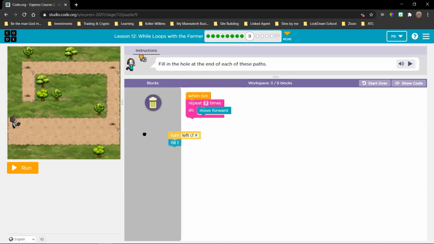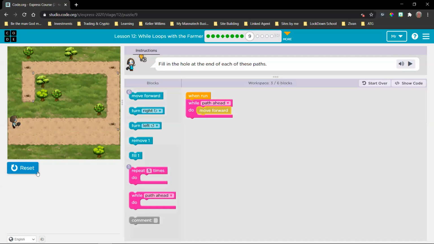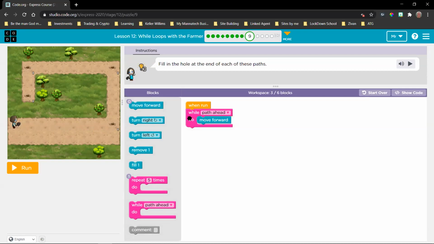All right. So the better way to do this is we're going to use the conditional. And in the conditional, we say, while there is a path, we want you to move. And now you can see she uses those little lines. It almost looks like a Wi-Fi symbol. And that's her checking to see whether there's a path. And you can see she doesn't try to continue walking once the path is gone.